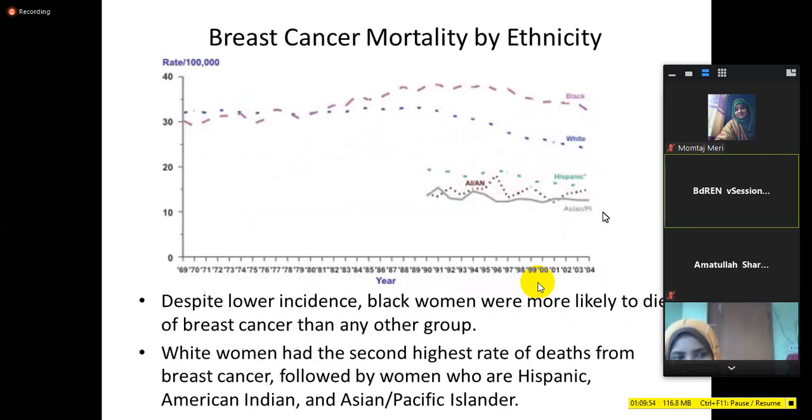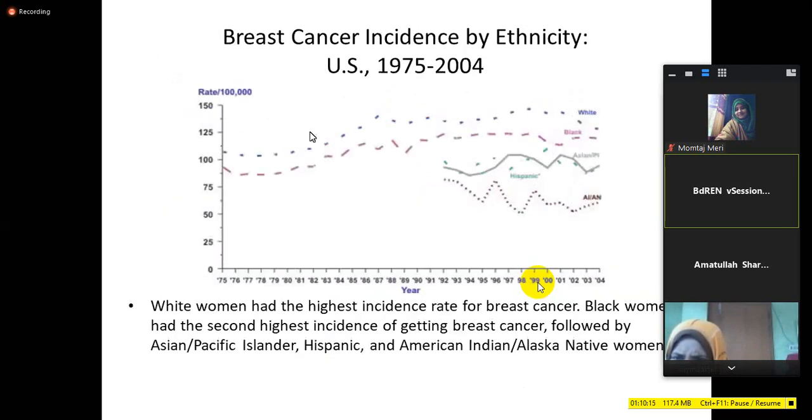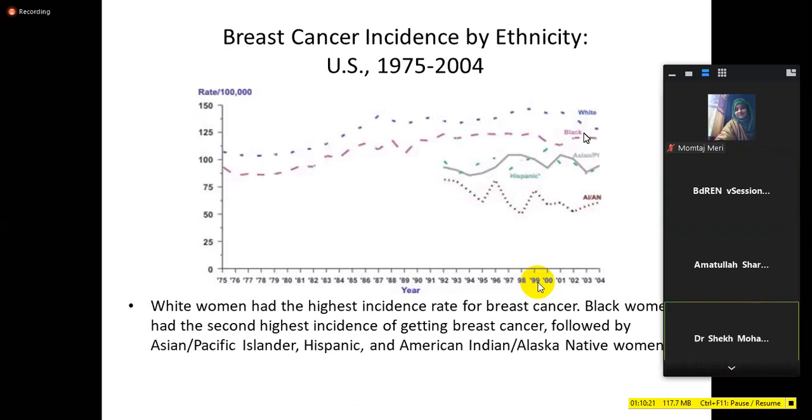In the second slide, we can see the mortality rate, means death due to breast cancer. Interestingly, though the incidence rate is second highest in black, mortality rate is more in the black than white. তাই না? আপনারা দেখতেছেন? Incidence rate is more in white. ইনসিডেন্স হাই ছিল স্যার হোয়াইটে, কিন্তু ডেথ মর্টালিটি ব্ল্যাকে বেশি স্যার।